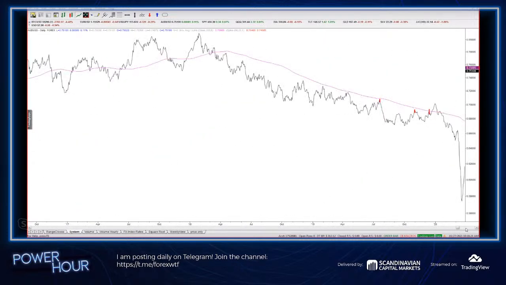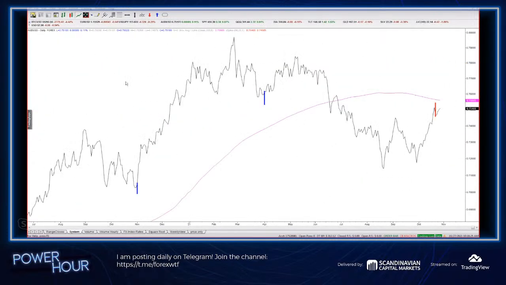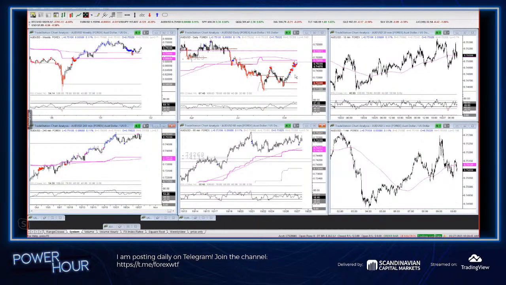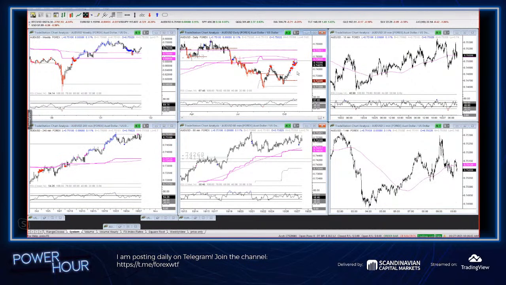So I don't know. Given all the stuff we have above the market here for resistance, you know, VWAP, 200-day average, two equal legs, channel, former lows, right? That's a lot. So I'm okay looking on the downside for Aussie here in the near term. Now, that said, I don't really have much of a signal yet.